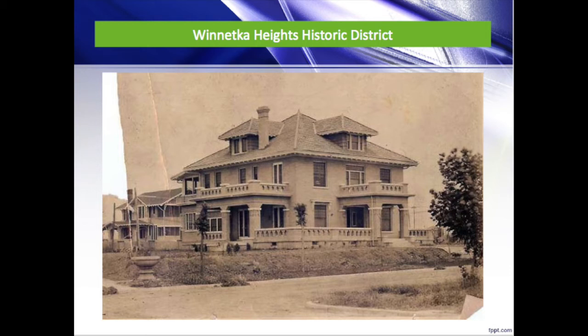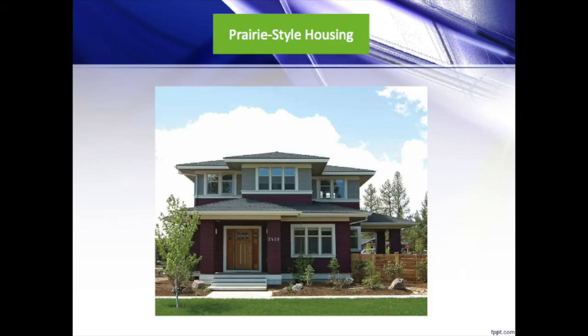Developed in 1908, Winnetka Heights was advertised as Dallas' ideal suburb, based on 3 key ideas. First was the view of the surrounding country and city from atop the high ground of the district. Second was the promise of modern conveniences such as electric lines, paved streets, and sewers. Third was a short distance from downtown and streetcar access. Early housing in Winnetka Heights began with luxurious prairie-style housing. Lots were set aside to allow for the building of cottages, bungalows, and 2-story prairie houses.